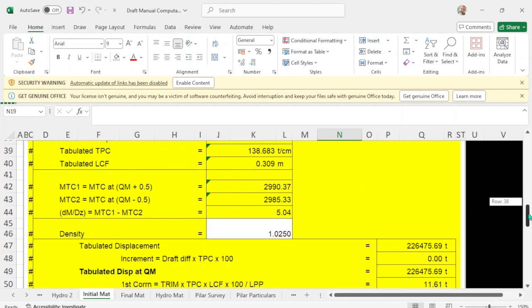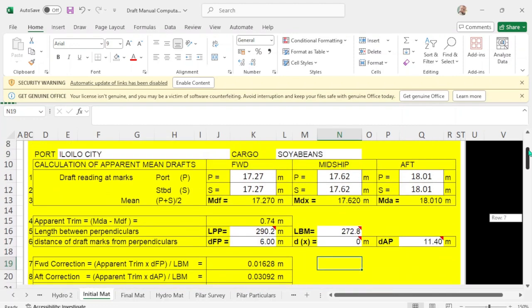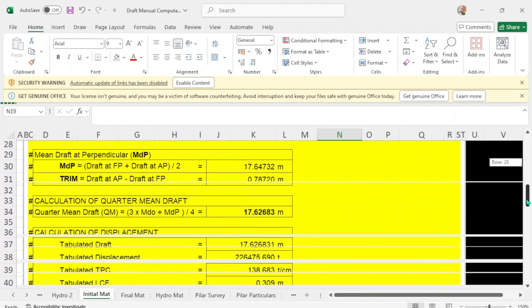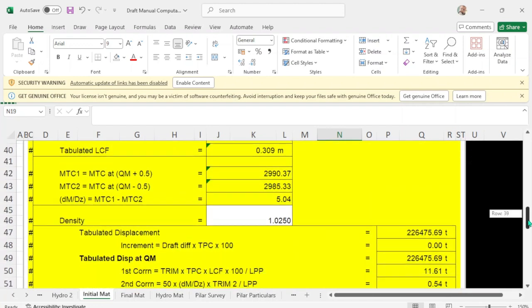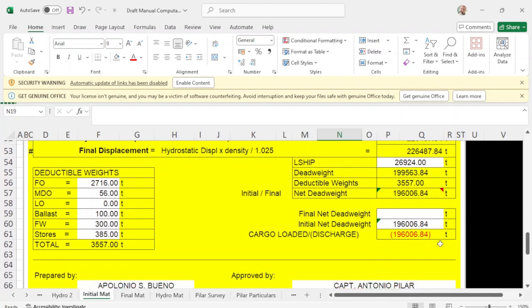So you don't have to look for it and just put in this white column. That is where you're going to fill up. So this area you're going to fill up the white cells, and put down the ROBs and your light ship, and this will be all automatic.